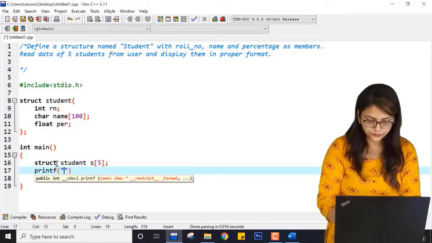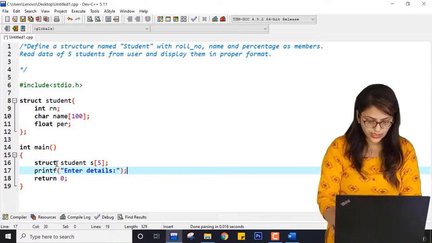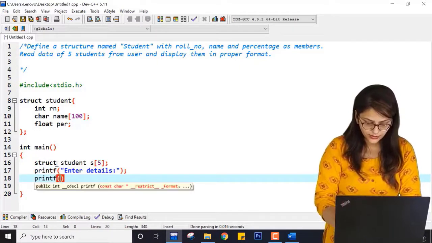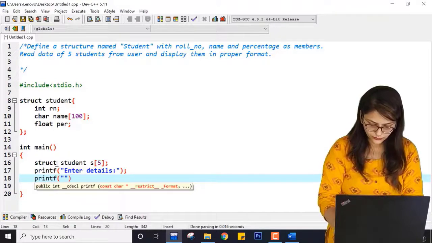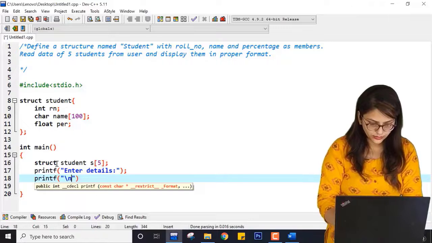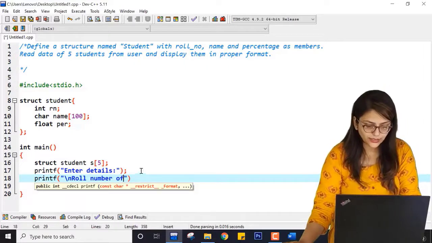Now printf enter details, right? After that printf \n, and here say roll number of, or say you can write it inside loop.